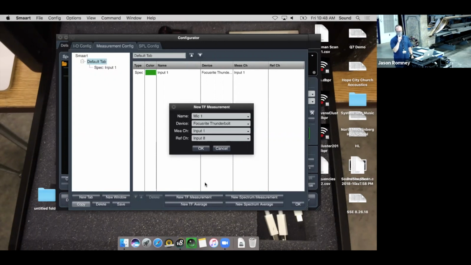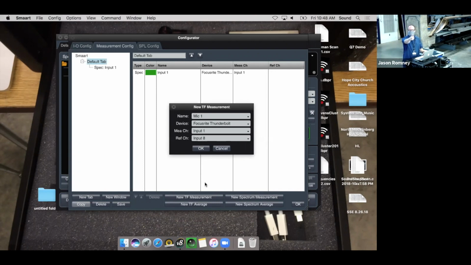And then what I'm going to do is, because I have 2 outputs of my system, one of them is going to go into the amplifier that then drives the loudspeaker, right? And then the other output is literally going to go back into the audio interface. So I have the second output from the interface that is called a loopback, and you just loop it back into one of the inputs. So I have the second output of the Focusrite plugged into input 8,